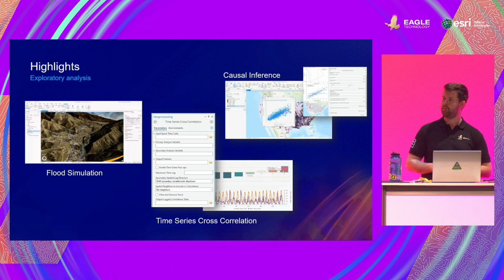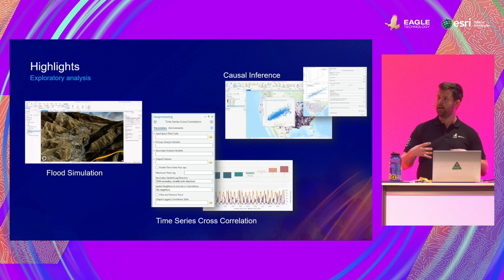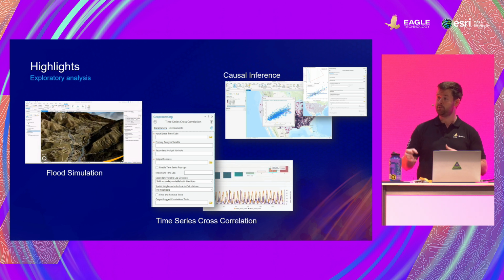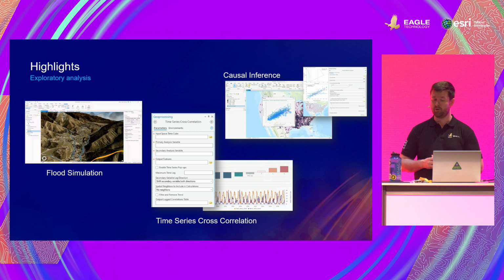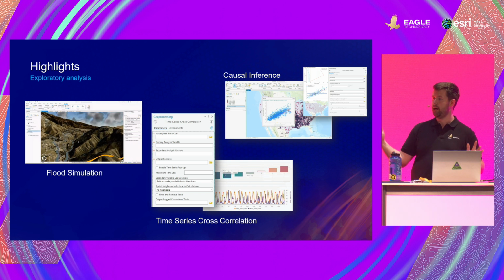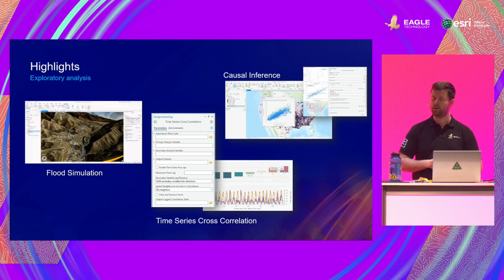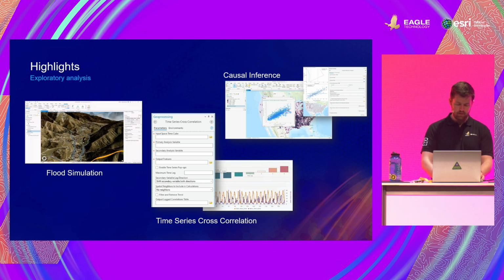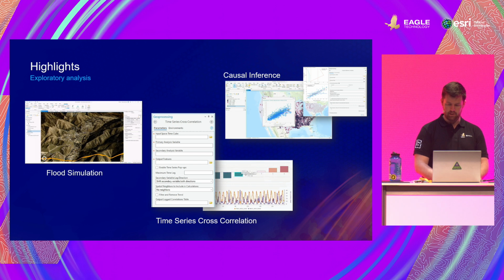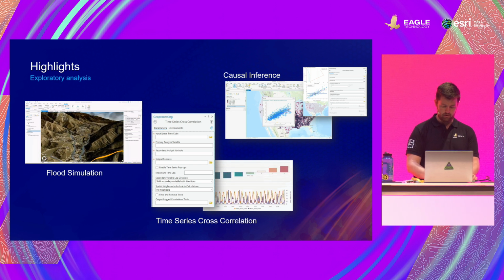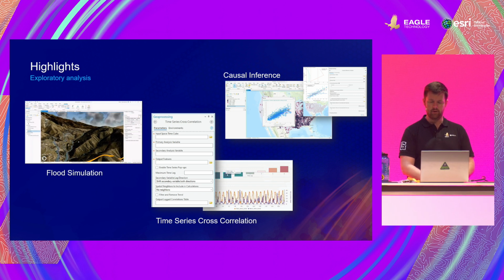The space-time pattern toolbox is where this sits with them. And this is a really neat exploratory analysis tool that you can use if you've got a long amount of data that has time values against it with a whole lot of variables, and you want to explore each of those. I'm just going to quickly go into ArcGIS Pro because I want to show off just how to get going with